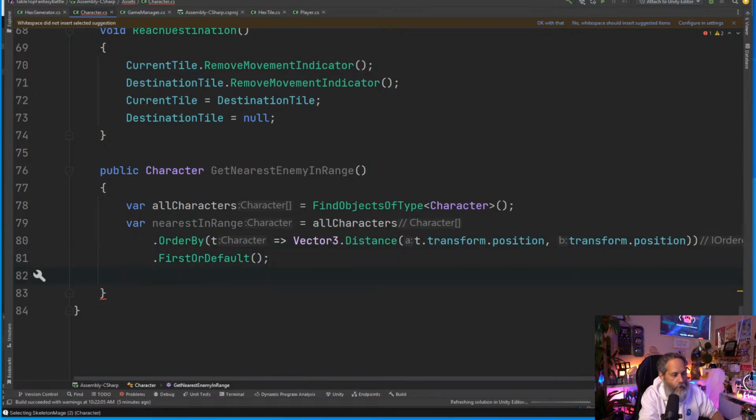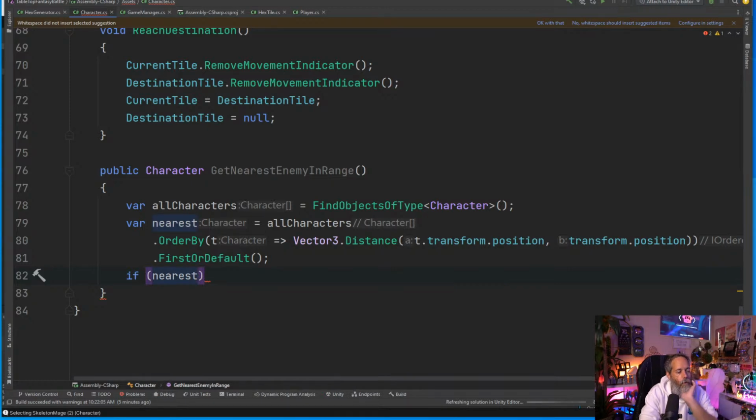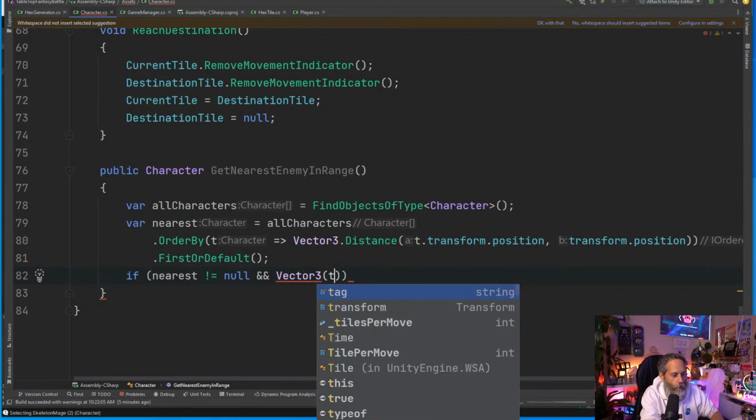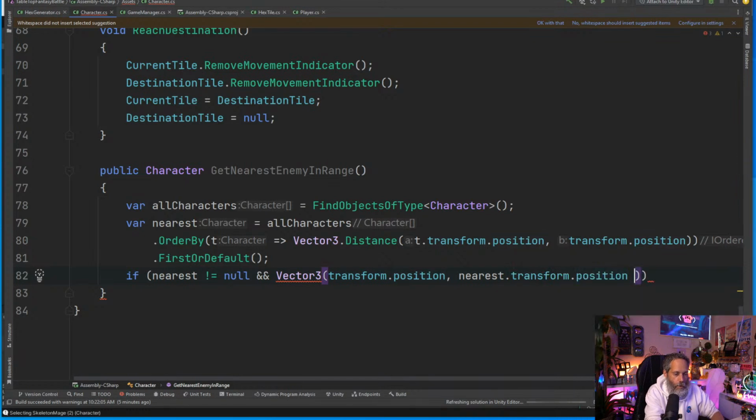Now if that one is in range, actually this is just the nearest. So let's call it nearest. And we'll say if nearest is not equal to null and Vector3.Distance, I'm going to just redo the distance check here from transform.position and nearest.transform.position is less than or equal to, oh, I guess here we're doing the actual check. If it's less than or equal to our max distance,